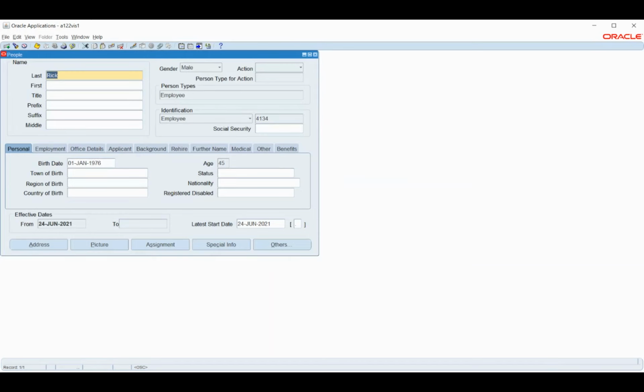Any other doubt till now? Sir, today we saw the payroll for a single employee only. Yes, we did not run the batch, so that did not happen, and it is ending up with an error. I'll have to check on that, so the batch process we will see tomorrow.